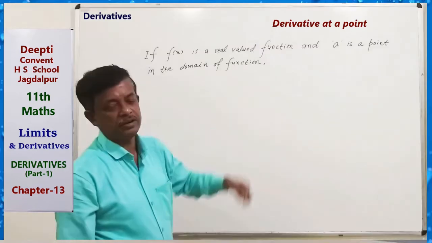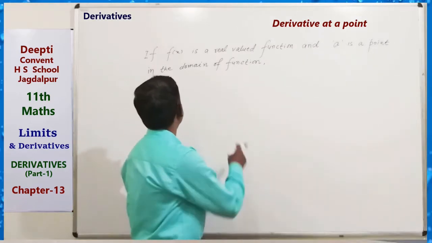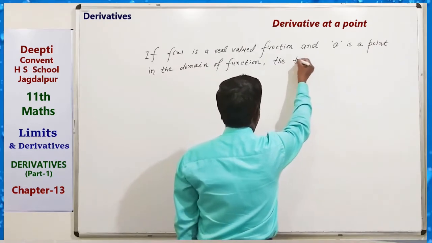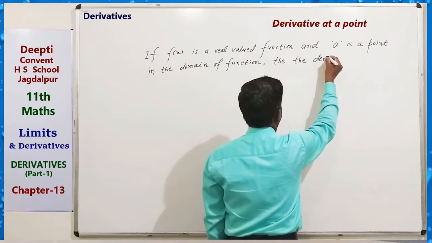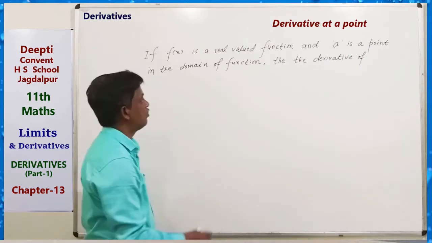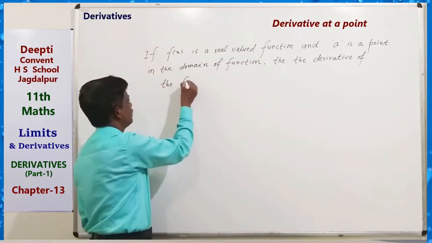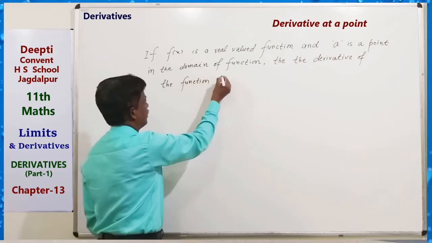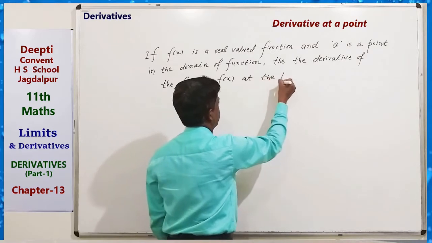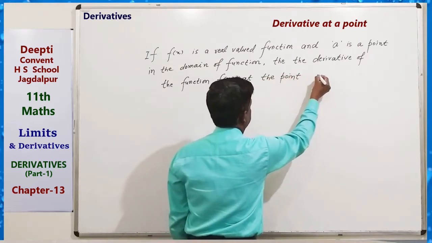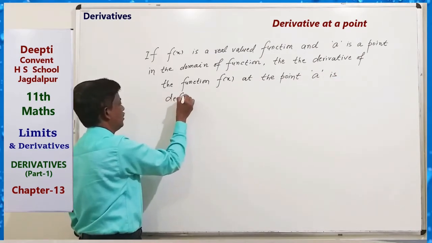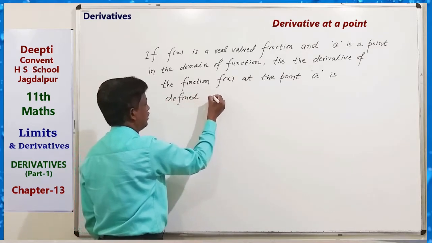So a is a point in the domain of the function, then the derivative of the function f(x) at the point a is defined as